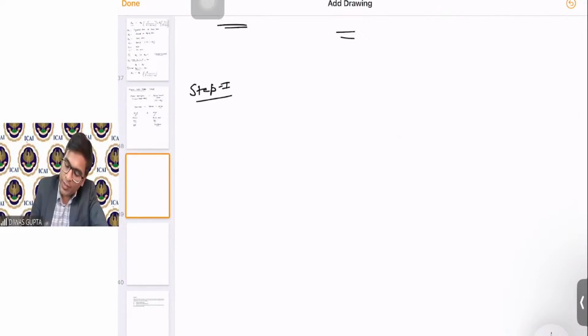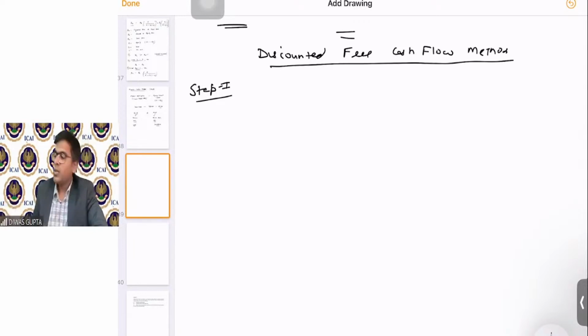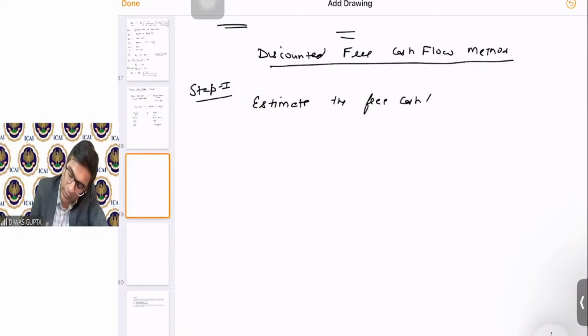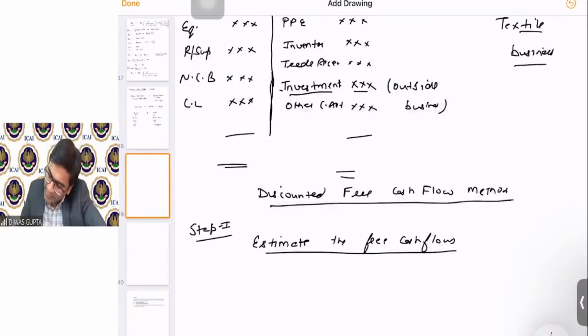actually we will use the discounted free cash flow method. Okay, so what we will do, we will first of all estimate the free cash flows, right? And here let's take an example of 5 years. Okay, let's take an example of 5 years. So we will estimate for 5 years. After 5 years,